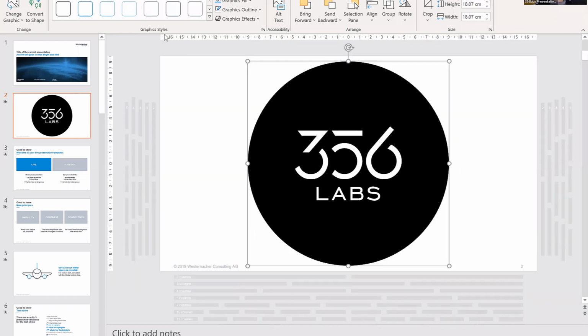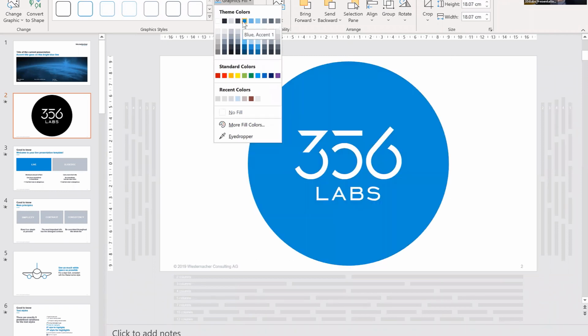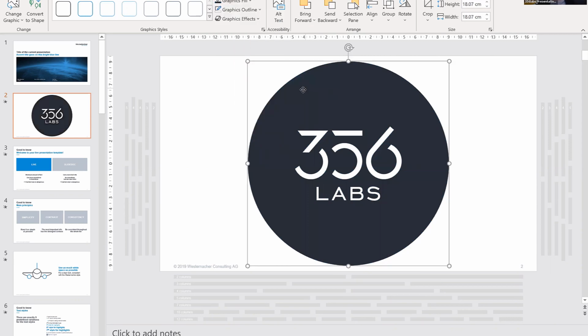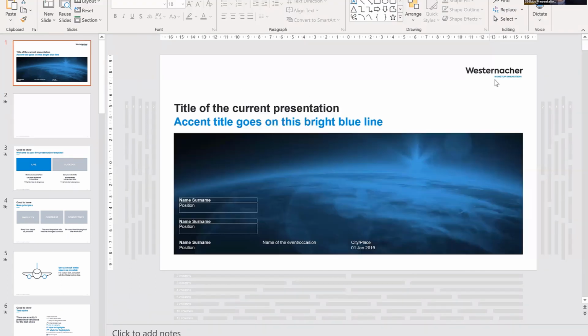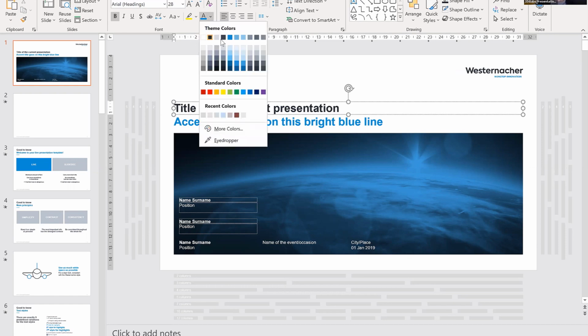But the other thing is that we can, for example, change the color of this logo. So it's really wonderful, and this is why the enterprise designer can also change the color of this logo here, because it uses the exact colors from the themes, and not just any color, but one of the first four. As I told you, it's super important to have these four colors with a nice contrast, because